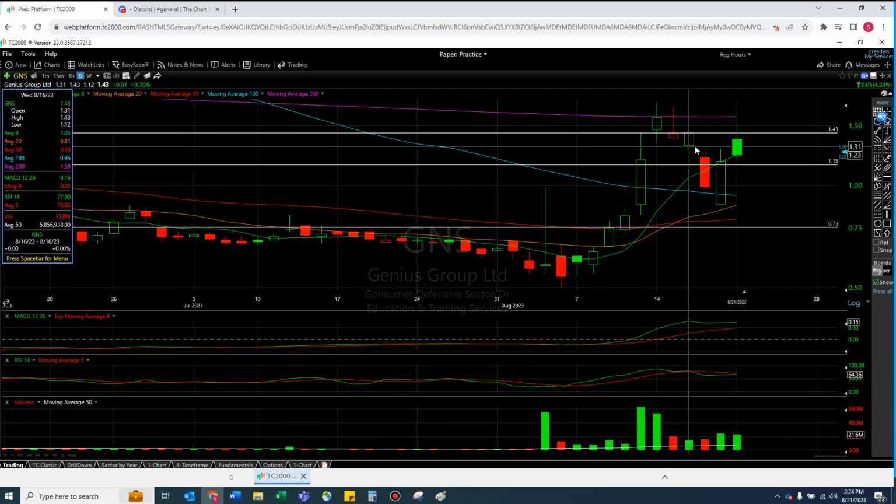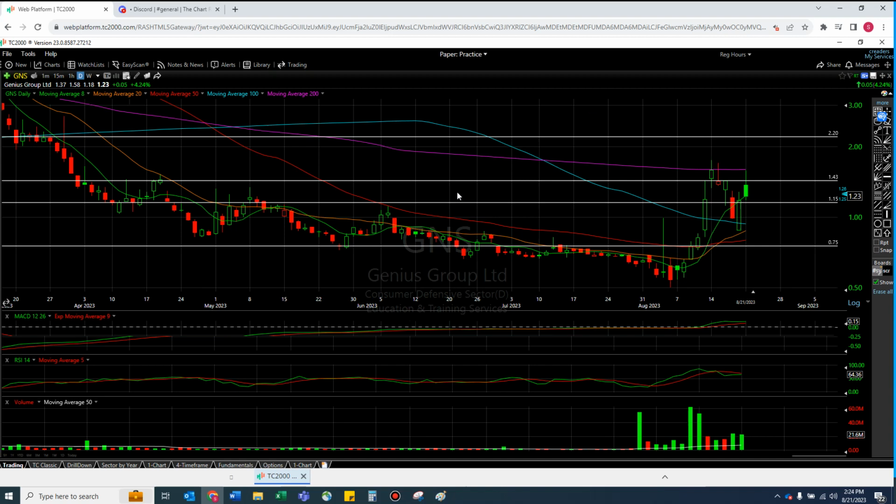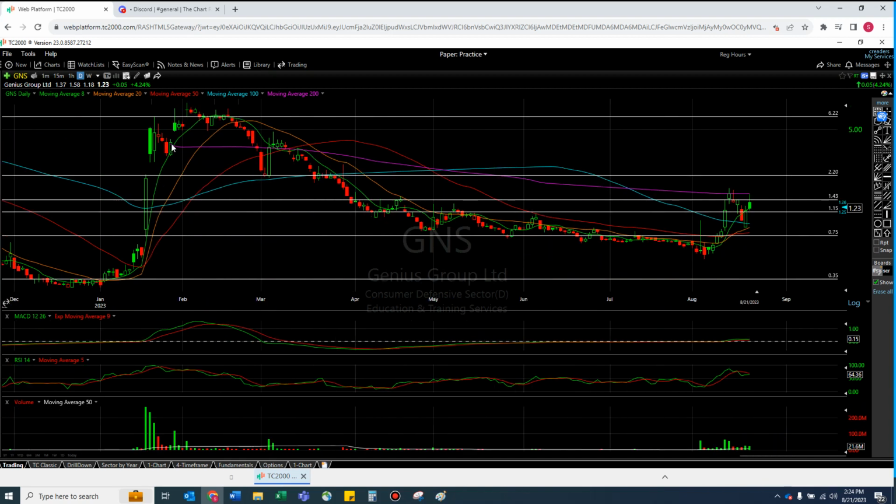Arguably, you can make 131 an entry, because again, from 131, it's really just green, green, green. I mean, sorry, like green, green, green, green, red, red, red, red. Hopefully a green, green, green back to this, right? But last thing I'm going to say before I take a peek at the weekly, just